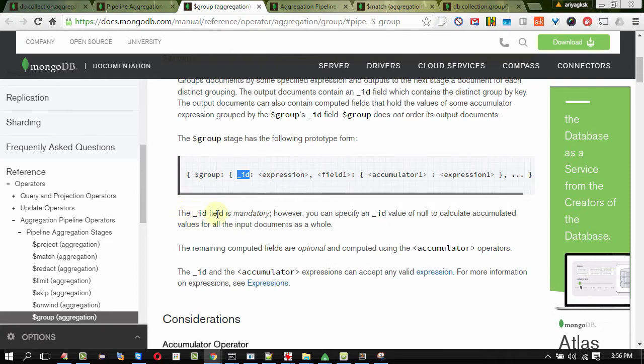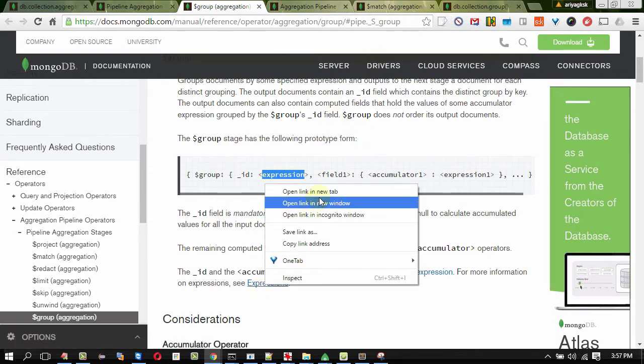The ID field is mandatory. However, you can specify a null value to the ID field. That's different. But this ID field needs to be present for a group operator. Then you need to give the expression. Followed by that, you can specify the field name with the accumulator, accumulator with expression. It's very simple to understand expressions.